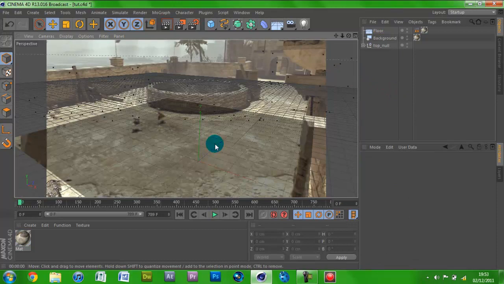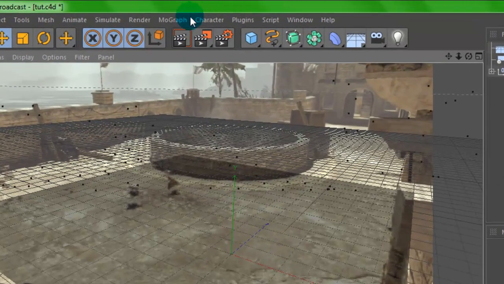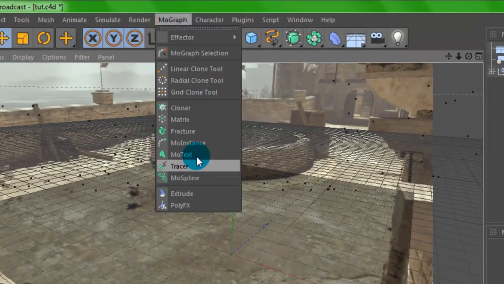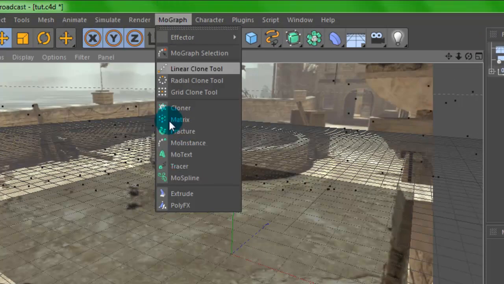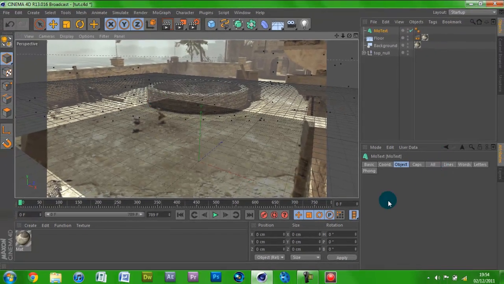So now that's done. The floor will let you add shadowing. If you don't have the floor, you won't be able to add shadowing. So that's there like that. Now what you want to do is add your text. So if you go add MoGraph, MoText,